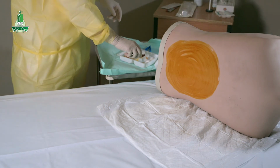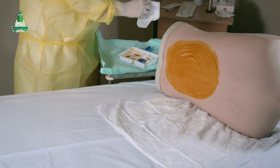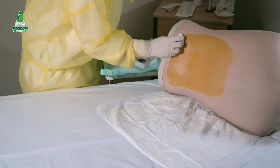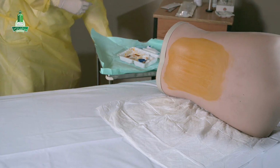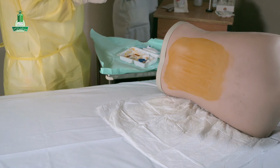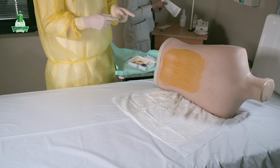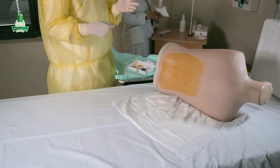If you want to use chlorhexidine, we'll move this povidone iodine. So I'm going to show you how to use the chlorhexidine. Now, can you please open the chlorhexidine applicator? We will use the big one to show you how to disinfect the skin using chlorhexidine. The application with chlorhexidine is somewhat different from povidone iodine. With povidone iodine, we use circular motions starting from the center, but with chlorhexidine,